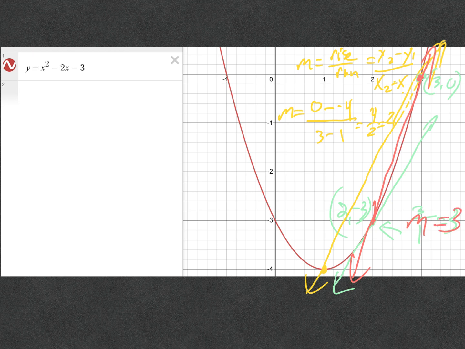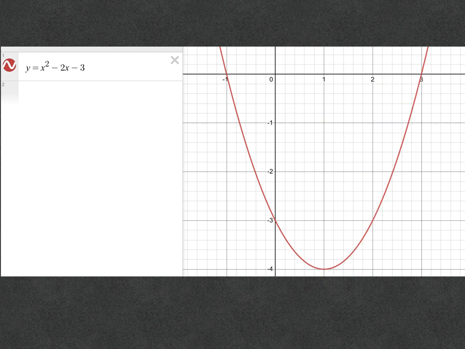But then what I want you to imagine is if I could take this point and slide it down along my graph to another place, like right there, at about 2.5. I'm over about 2.5 and come down. And what I'll do is I'll go x squared minus and get a cleaner looking slide. So if I take the point that I'm looking to go through again, right here, which is 2, -3, and pick a point that's a little bit closer,